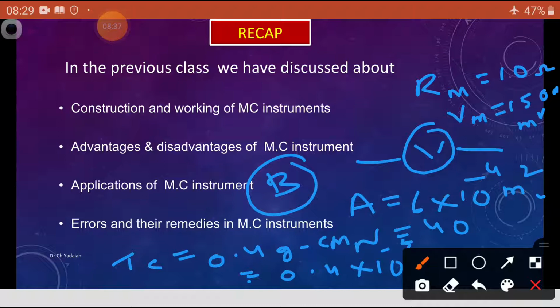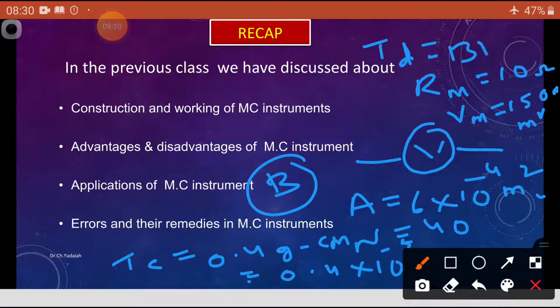Calculate the flux density in the gap. So here we are going to find what is B. As we already learned, the deflecting torque produced in a moving coil instrument is given by the well-known formula. What is the formula? Here the deflecting torque TD is equal to B, the flux density,